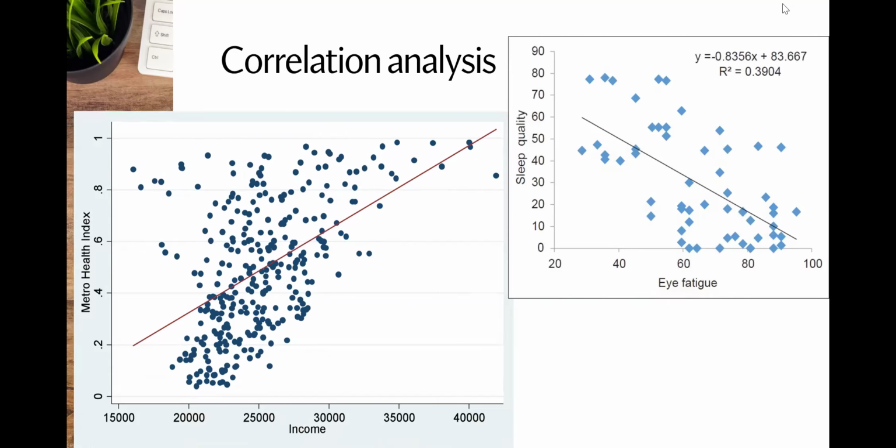Correlation analysis is conventionally shown visually by a scatter plot. And here you intuitively know at once that it must be numbers that you're plotting, because for each participant or each respondent, you are plotting an X value, a value on the X with its corresponding value on the Y for you to come up with these dots. But if it were categories, there's absolutely no way that you can plot them on a scatter plot.